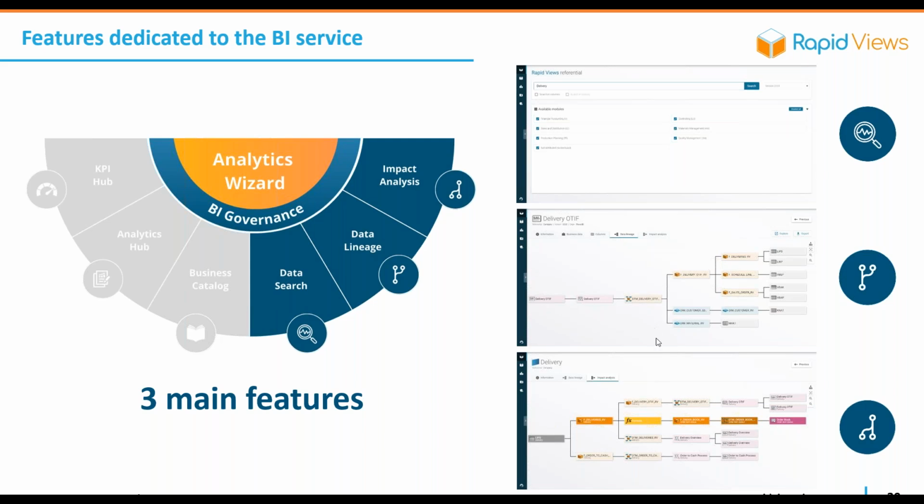We have some very advanced capabilities for data lineage, where from a report you can see which semantic layer, which cube, and go back to the table. And on the other side, there is what we call impact analysis. You select a specific table, and you can see where this table is used in your overall analytics project.